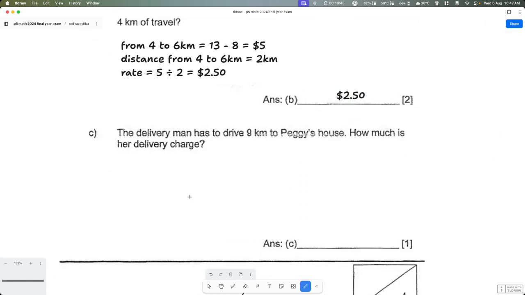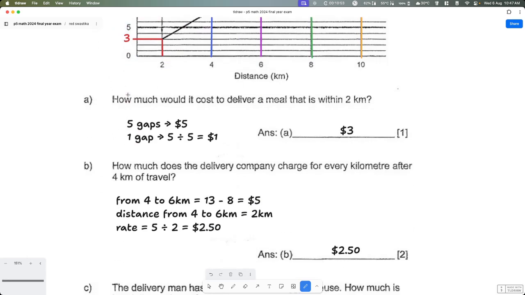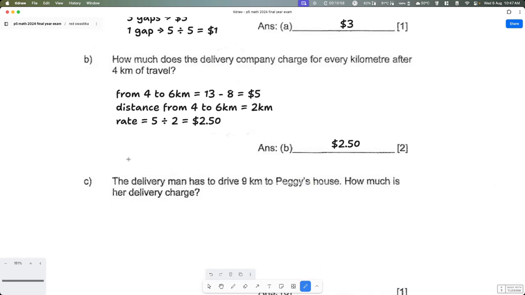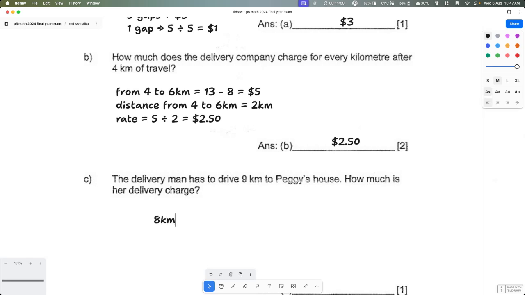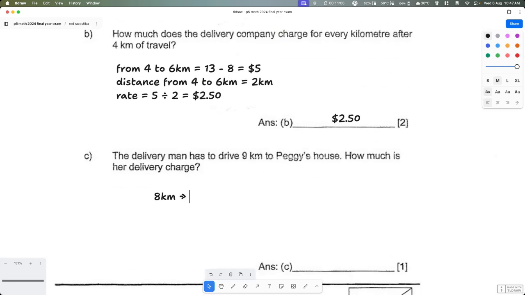All right, question C. The delivery man has to drive 9 kilometers to Peggy's house. How much is her delivery charge? We know 8 kilometers is $18 over here, and an additional 1 kilometer is $2.50. So 8 kilometers is equal to $18, and the additional 1 km